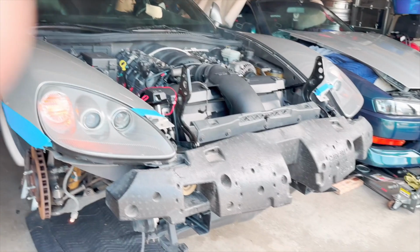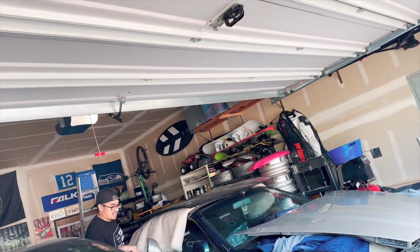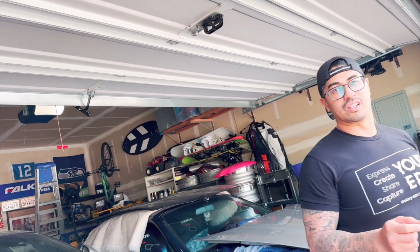There's no water yet, right? No, not yet. Oil pressure's good. Those are from the O2 because I sprayed the engine oil from the...